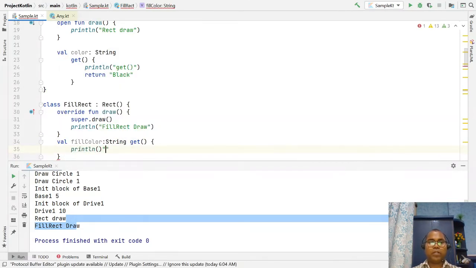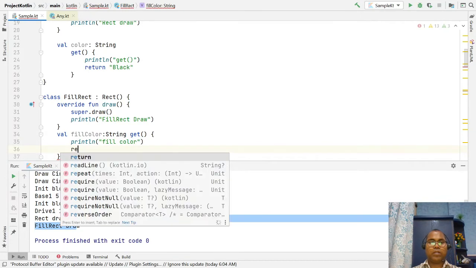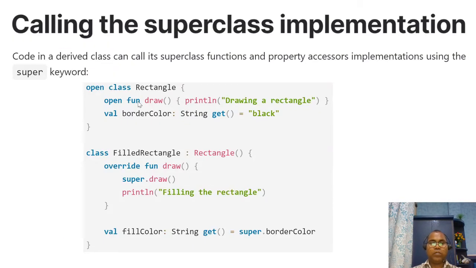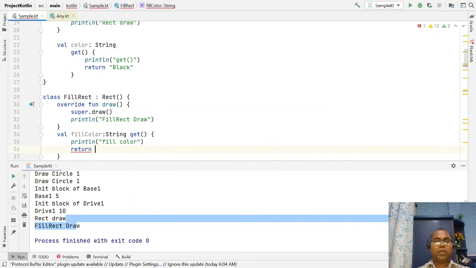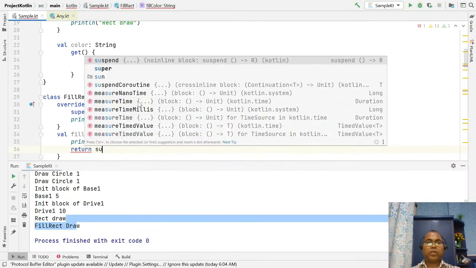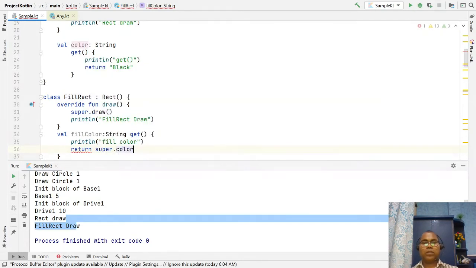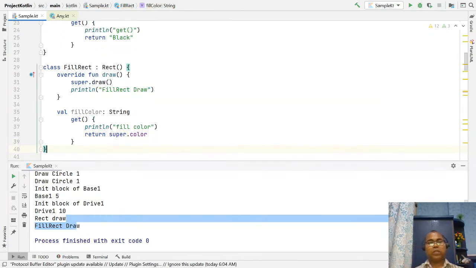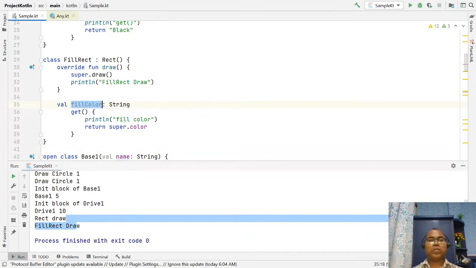Here say println fill color, and return. Here you want to return with super dot color. So in this way you can access this color for black, whatever the value returned here.